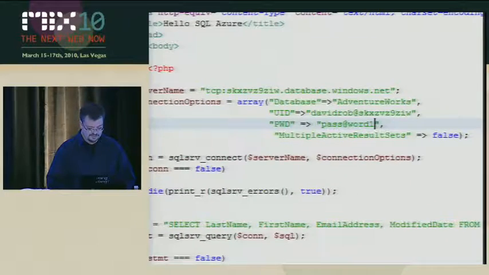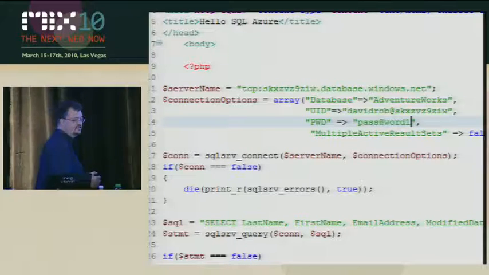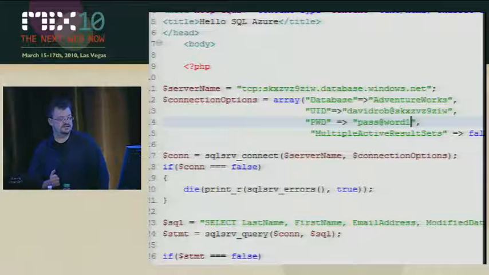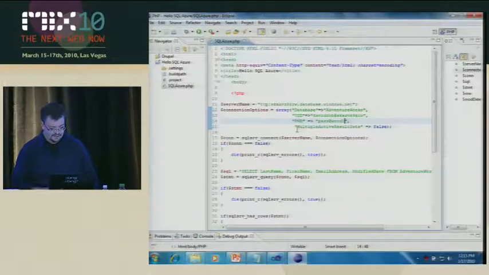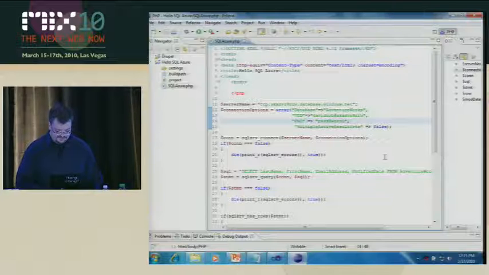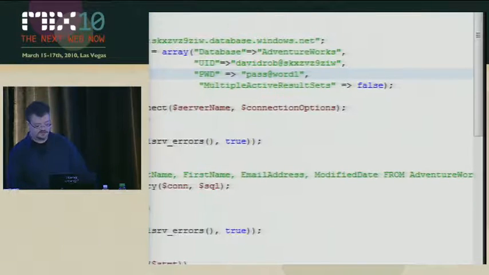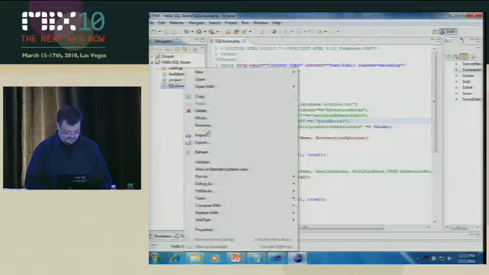And if I scroll up here, I'm setting my server name equal to myservername.database.windows.net. This is on my account up on SQL Azure. I'm setting my user ID, my password, and I'm going ahead and doing a simple connect. After I do the connect, I'm doing a query to basically select some data out of AdventureWorks. So if I right-click and go ahead and run this,